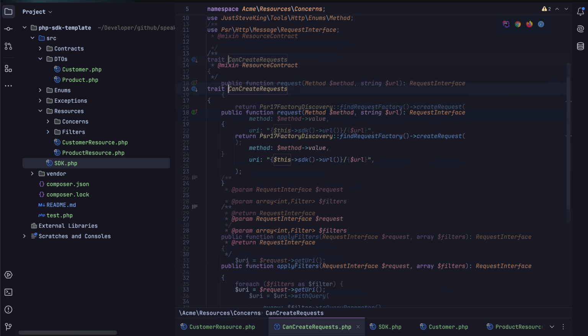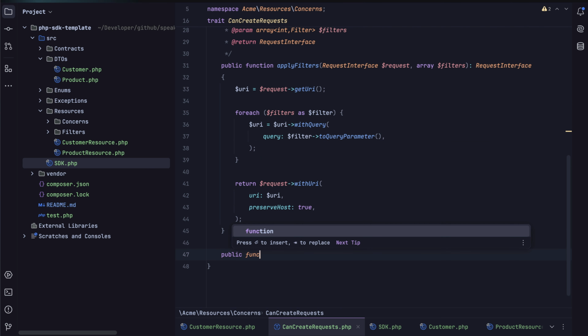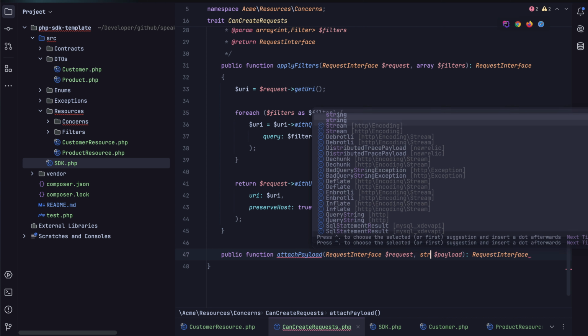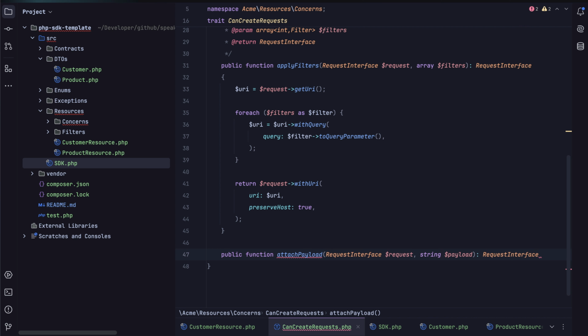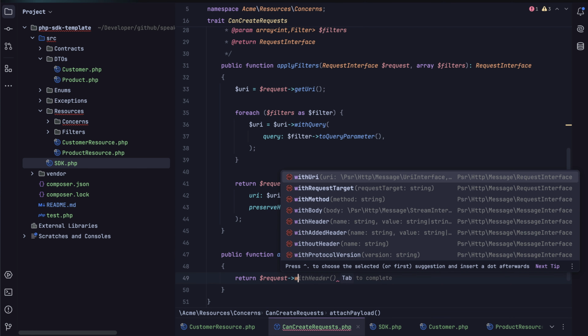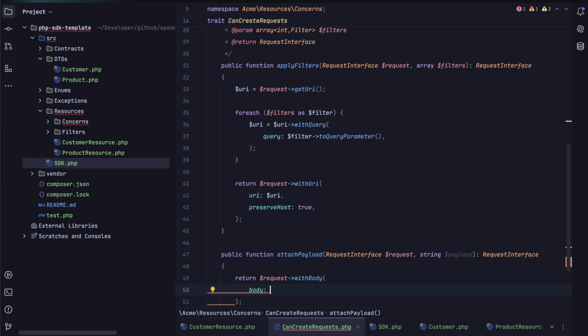So now that our request is created, we want to be able to add a payload. So inside our can create requests, let's add a public function to attach a payload. This method is going to accept the request and a string for the payload. It will return a new request as well. Basically, all we're doing here is transforming the request. So we can say return request with body, and the body is going to be